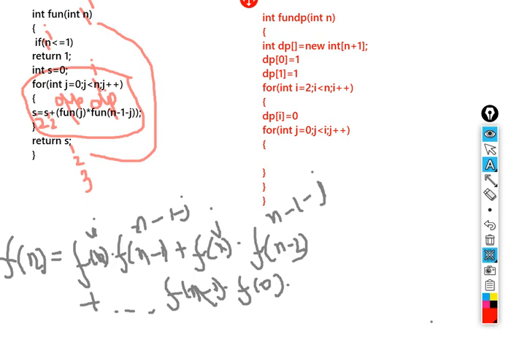And inside that, I had told you that I would be replacing this s and fun with dp, because we need to store this. So dp of i plus equal to, which means dp of i is equal to dp of i plus. Now what we need to write: I had told you the value would be stored in fun of j.